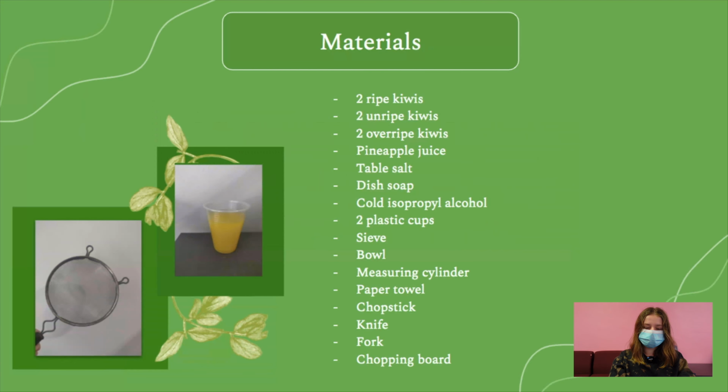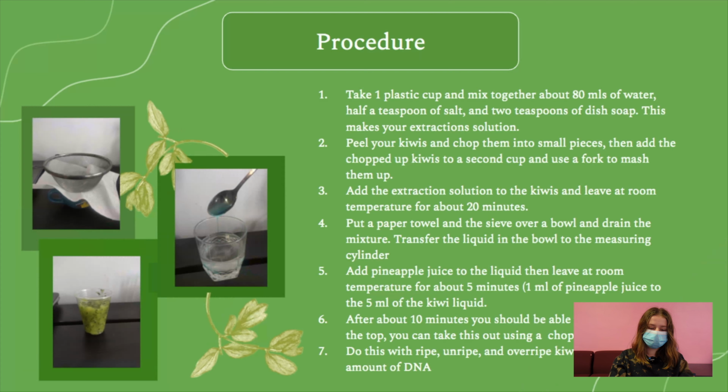My materials are 2 ripe kiwis, 2 unripe kiwis, 2 overripe kiwis, pineapple juice, a tablespoon of salt, dish soap, cold isopropyl alcohol, 2 plastic cups, strainer, a bowl, a measuring cylinder, a paper towel, chopsticks, knife, a fork, and a chopping board. My procedure is I take 1 plastic cup and mix together about 80 milliliters of water, half